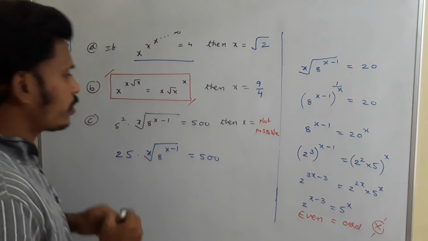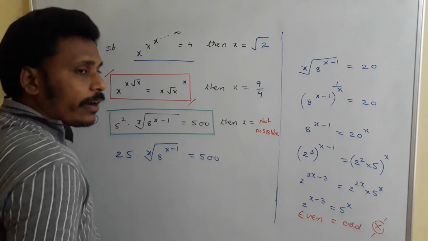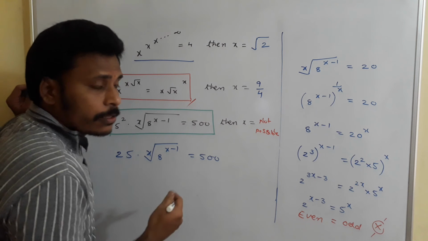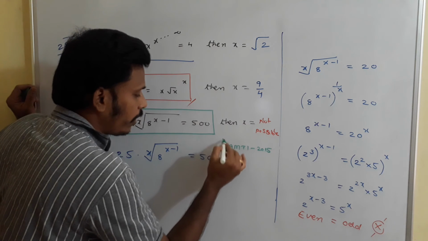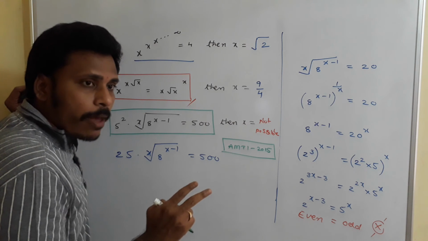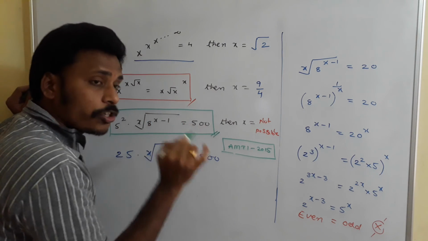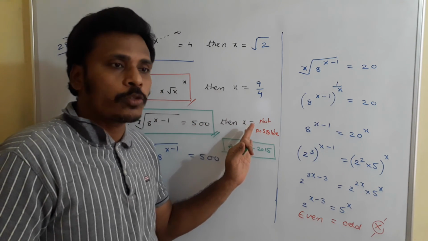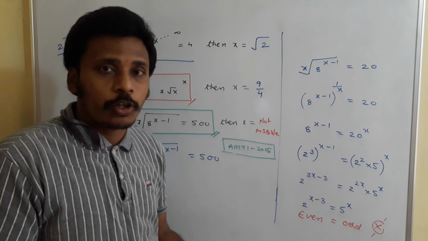Okay, just observe this. This problem, 5 square into x-th root of 8 power x minus 1 is equal to 500. We need to mention the number of possible values of x. And this question was asked in the AMTI 2015 examination for 7th and 8th class students. See, there is a common paper for 7th and 8th class students in the AMTI examination, and this question is asked there. And the question is to mention the number of possible values of x. See here, no value is possible for x. So the number of possible values of x is 0, because no value is possible, right?